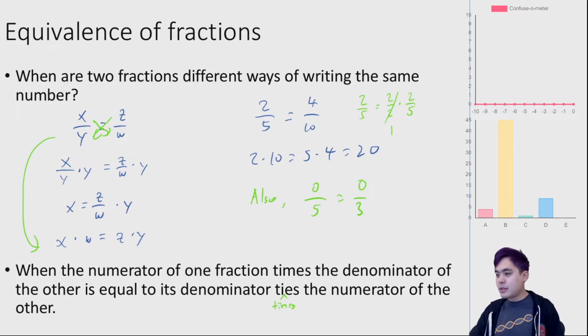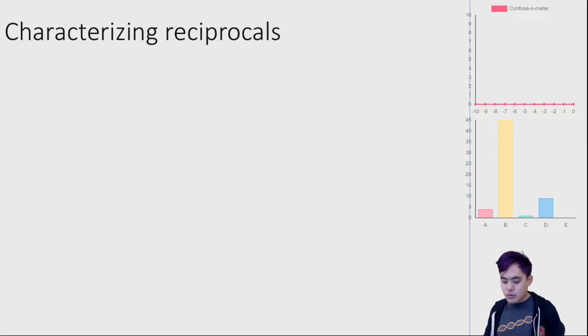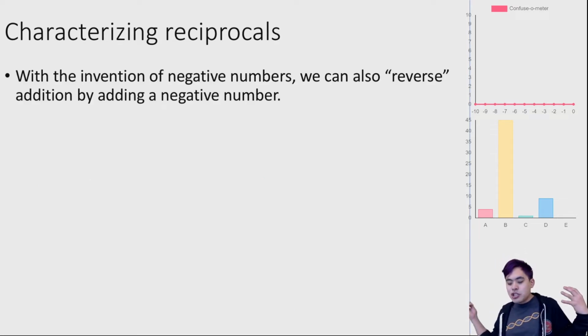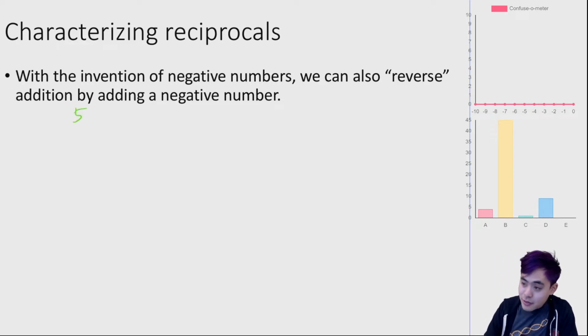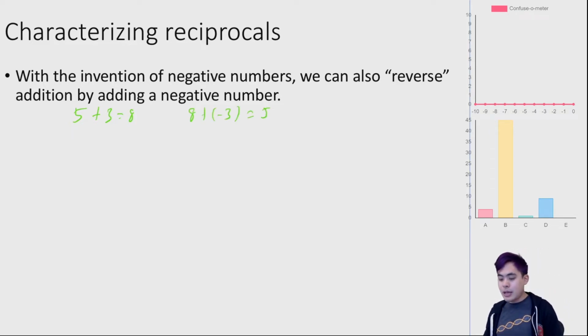So now, once we've done that, with the invention of negative numbers, we could also reverse addition by adding a negative number. So things like 5 plus 3 is equal to 8. So then 8 plus negative 3 is equal to 5. And luckily, when we're dealing with